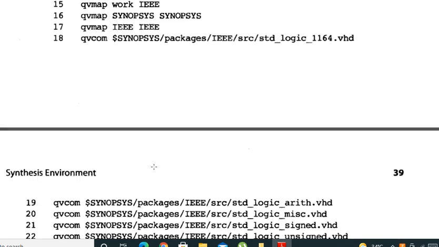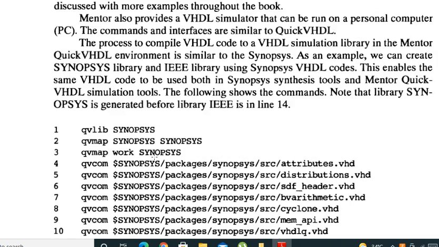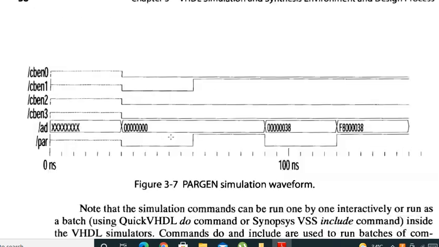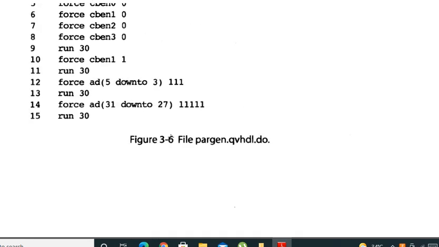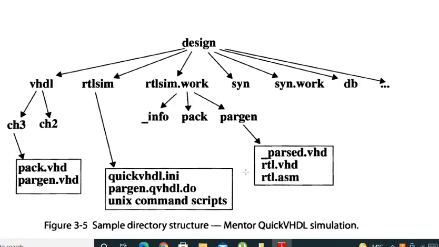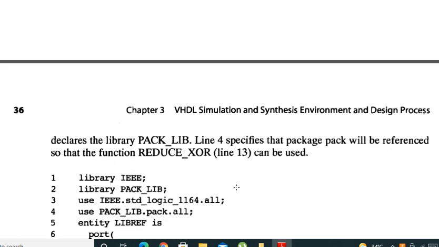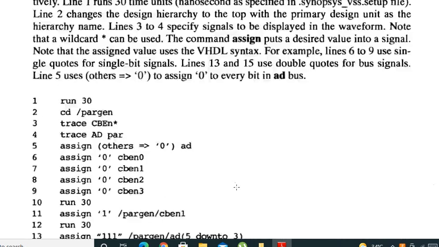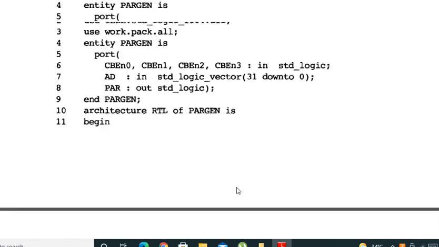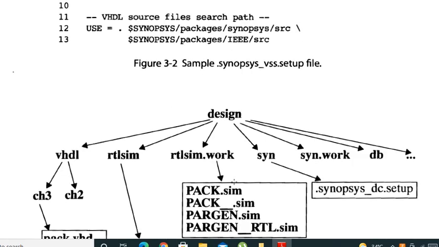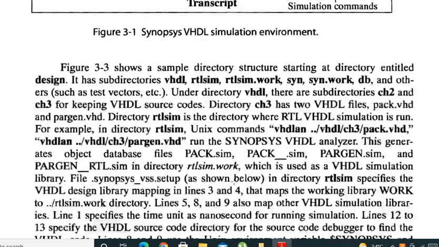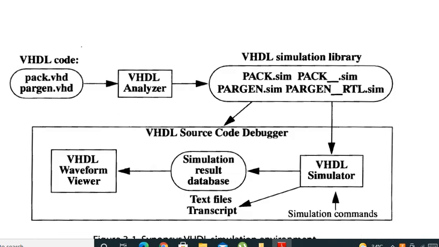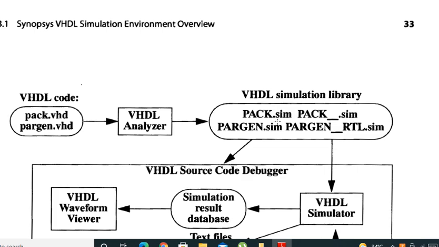When the exam asks about the simulation environment, you have to write this, especially the folders, how the files are arranged, and this block diagram. The example you need not write. You just write this part; this block is important.